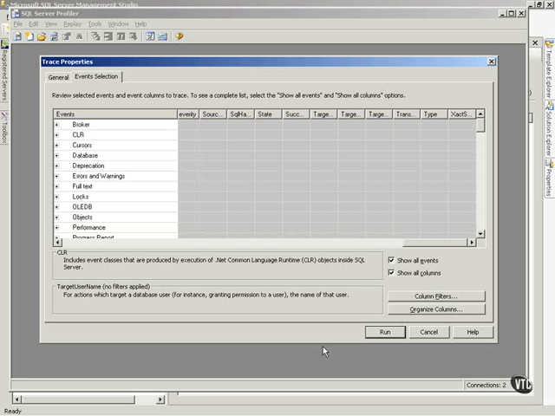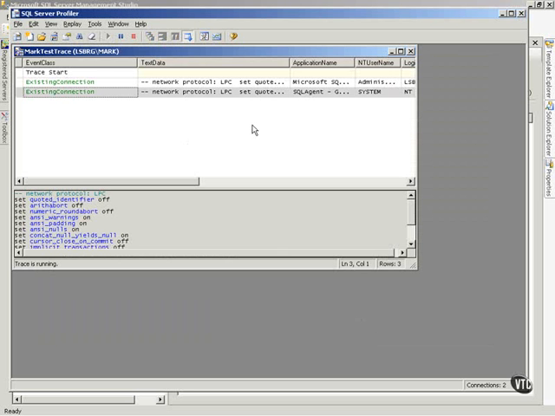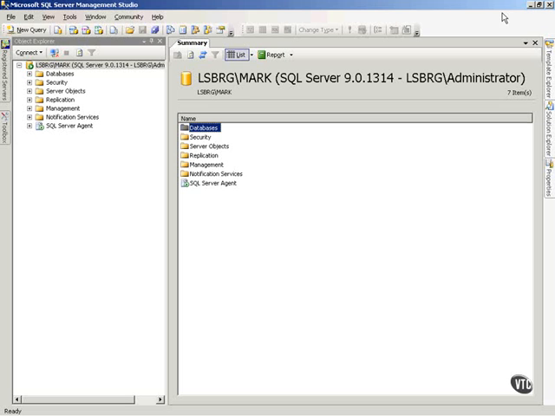Now in this second part video of using SQL Profiler, what I want to do is actually kick this off now. In the previous video we set this up and talked about the columns, events, and so forth. Now I'm just going to run this, and notice I kick it off and it's running now. Okay, so now what I will do is minimize this, and then I'm just going to generate some activity on